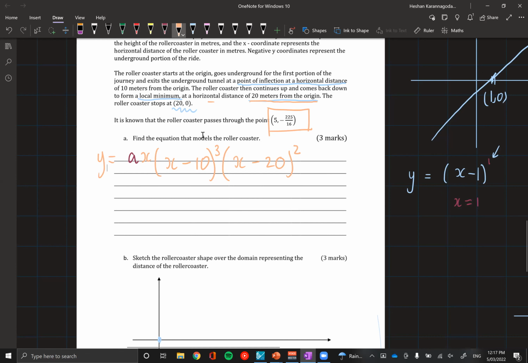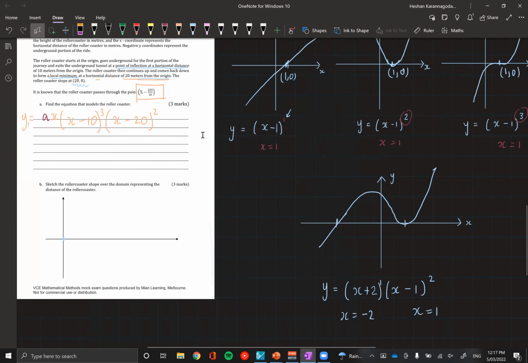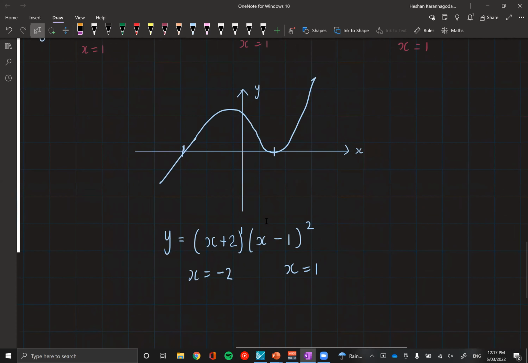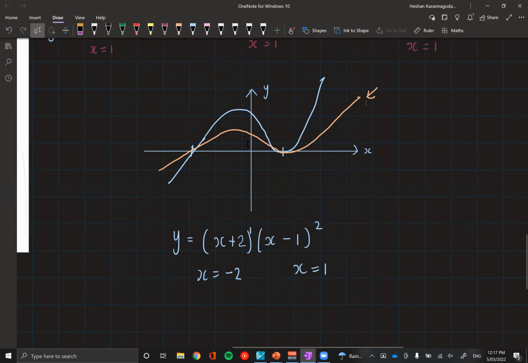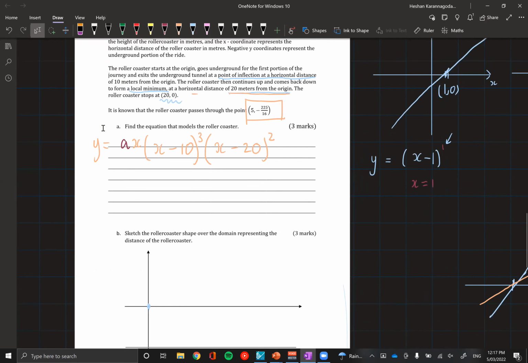Pretty much, if I was to use this as an example, you might be thinking, why do we need the a, right? So if we have another equation, I can have the exact same intercepts, but I can have the equation looking something like this. And we have the exact same x-axis intercepts, but in this graph here, we have a different dilation. So the different dilation pulls it up or pushes it away from the graph at a different rate compared to the blue function. So even though we have the same intercepts, we can have different dilations, and that's what we're trying to find here.